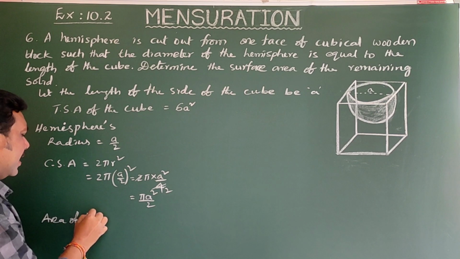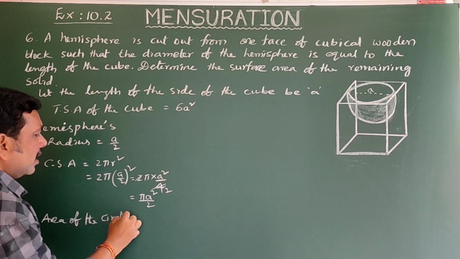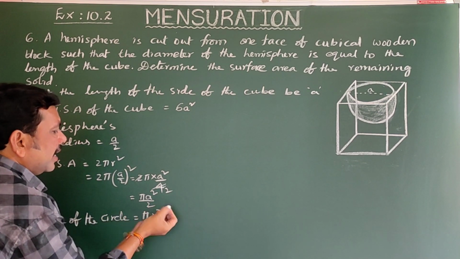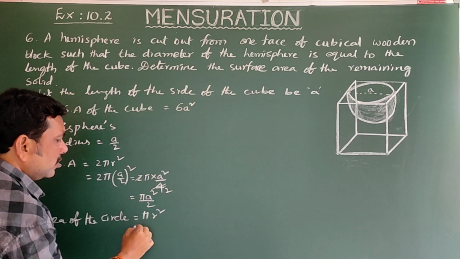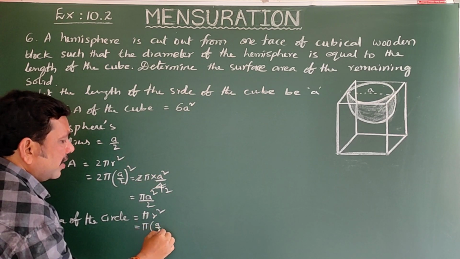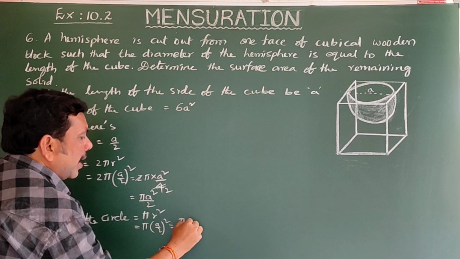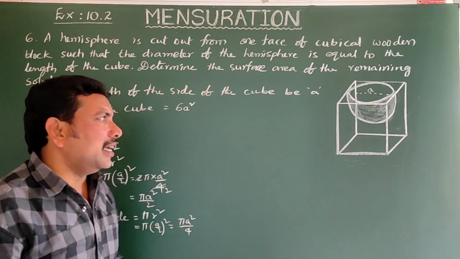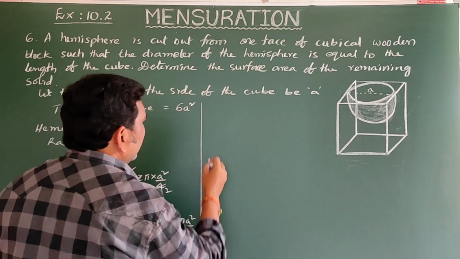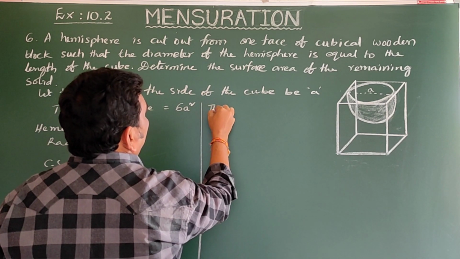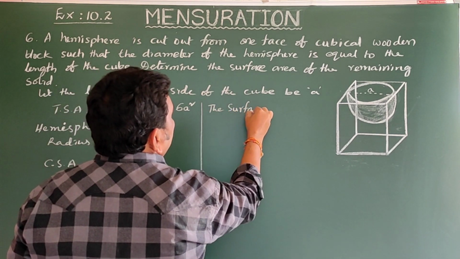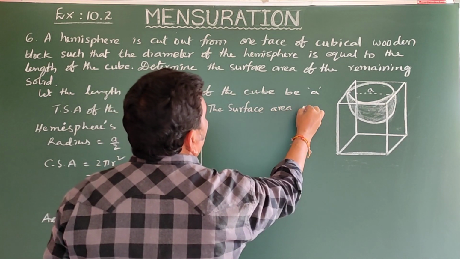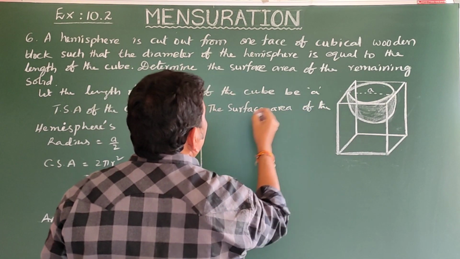Area of the circle. What is the formula? Pi r square. Here radius is the same, a by 2. So that is pi into a by 2 whole square, that is equal to pi a square by 4. So this is the area of the circle. Now what do we have to do? Yes, the surface area of the